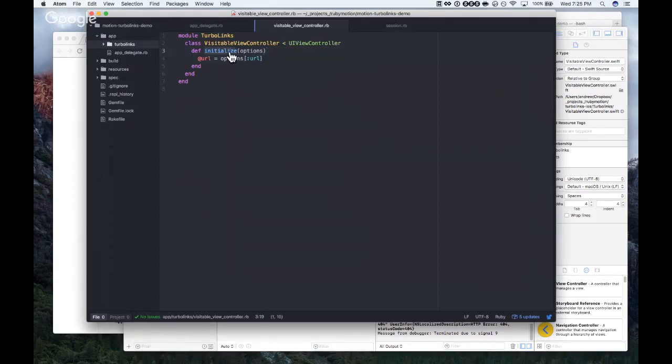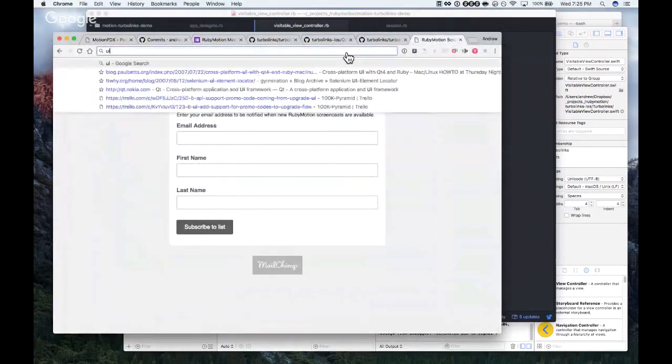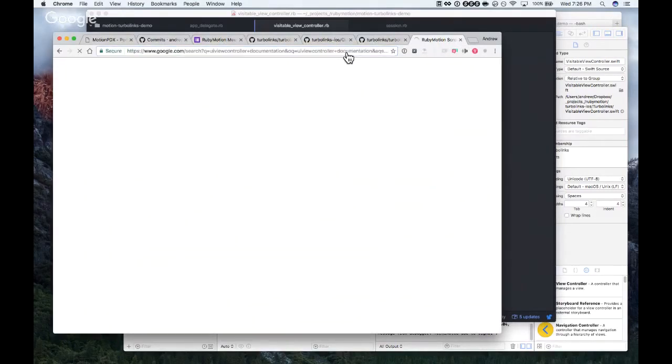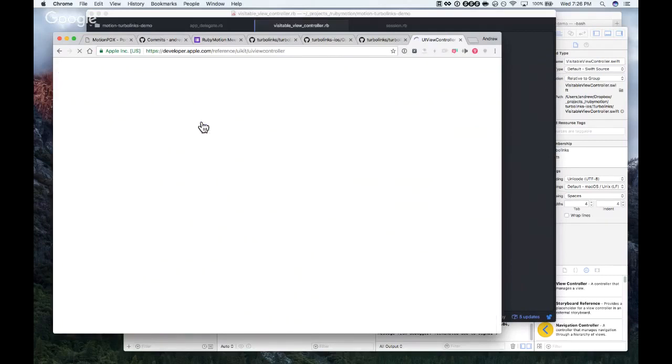Actually, now would be a good time to look up the UI view controller documentation. I keep Dash on my system.